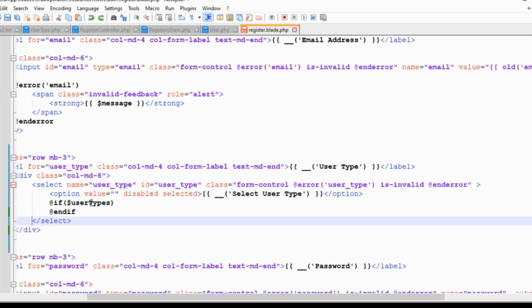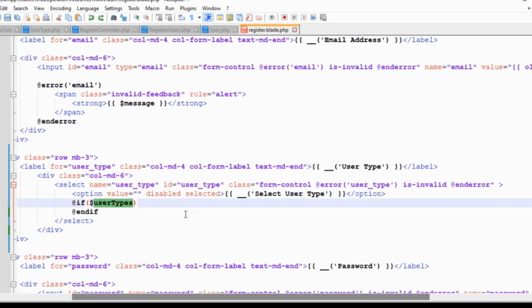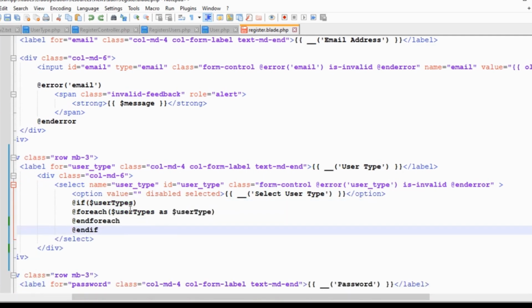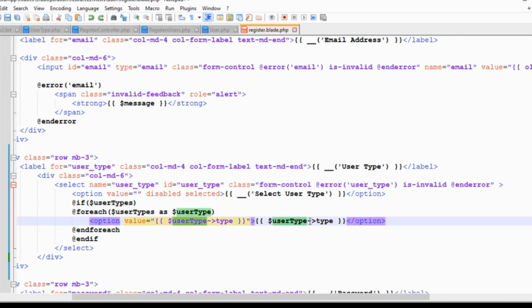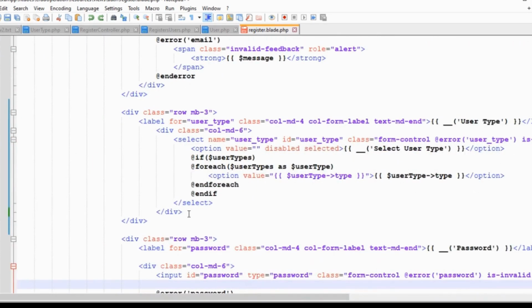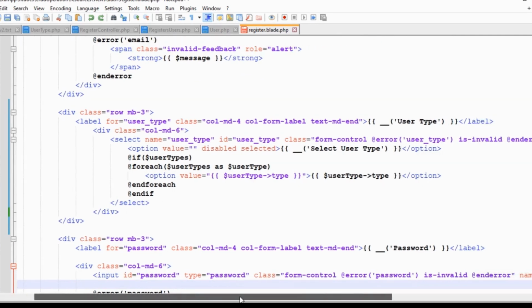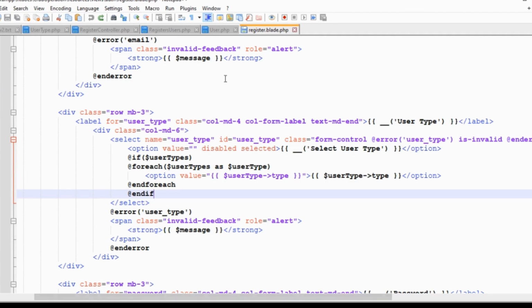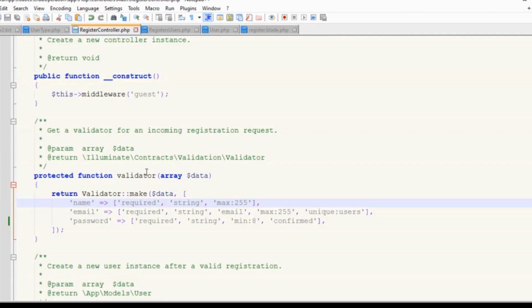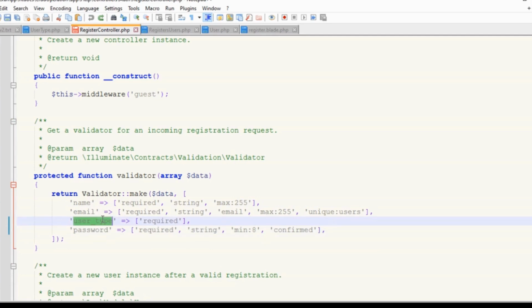Then, check if the variable $usertypes exists. If it does, create a foreach loop to iterate over $usertypes and display the options using the user type value. After setting up the dropdown, add the code to display validation error messages for the user_type field. And save the register.blade.php view, then go to the register controller file. In the validator function, include validation for the user_type field to ensure it is marked as required